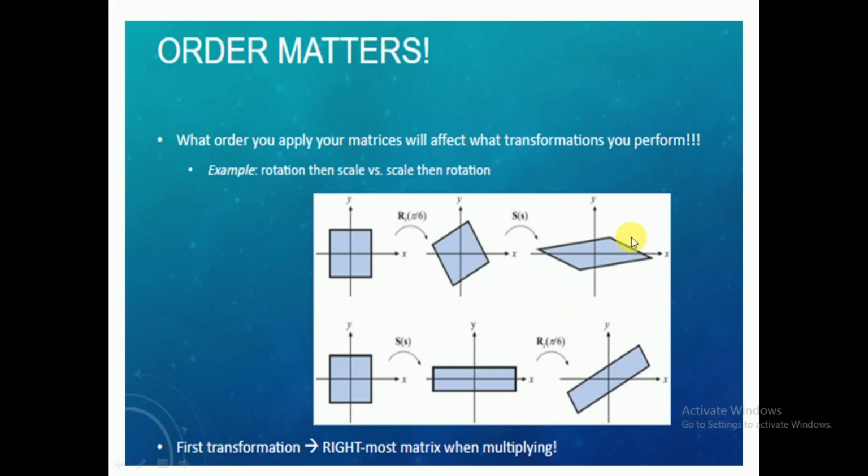Actually this is your intention, but what you have done by mistake is, first you have scaled, then afterwards you have rotated. While writing the matrix you have written it in reverse. If you scale first, then after scaling this picture will change to this. Then afterwards if you rotate, you will get this. Actually you want the object like this, but because you have changed the order of the matrix multiplication, you are getting this. That's why the order of the matrix is very important. Right? You have to be very careful.